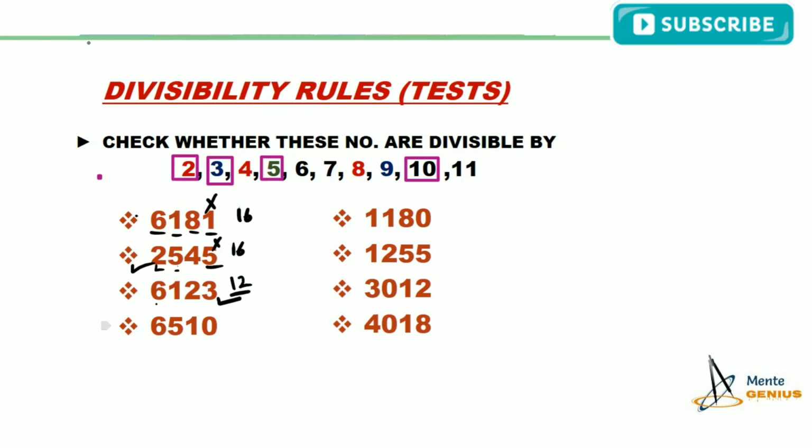So, a big yes. 6 plus 5, 11. 11 plus 1 is 12. Yes, it will be divisible by 3. I think the trick is very clear to you now. 1 plus 1, 2. 2 plus 8 is 10. No. 1 plus 2, 3. And plus 10, 13. No, a big no. Now 3012. 3 plus 3, that is 6. Yes, absolutely. 4 plus 1, 5 plus 8 is 13. A big no, that is not divisible by 3.